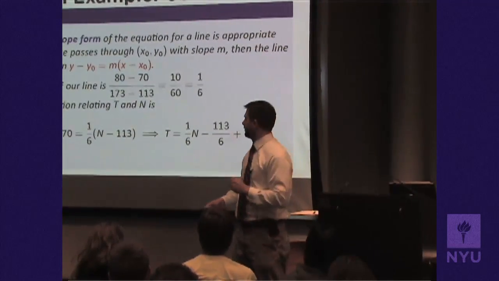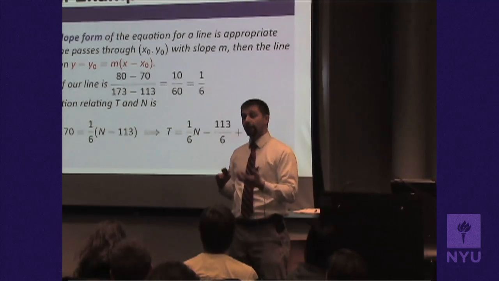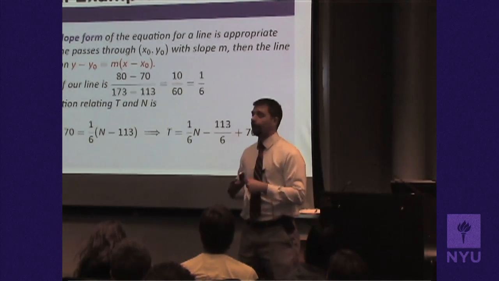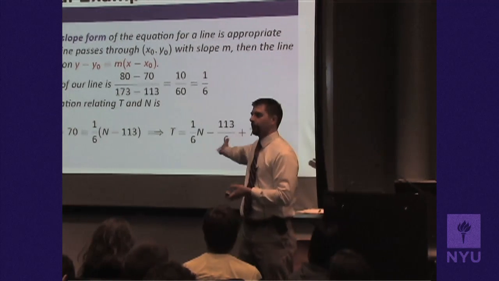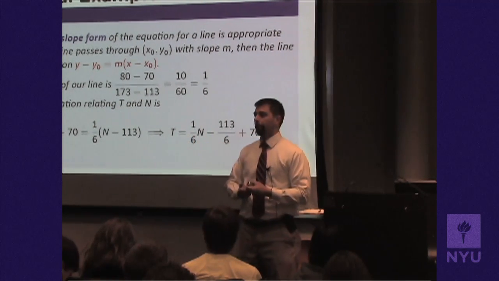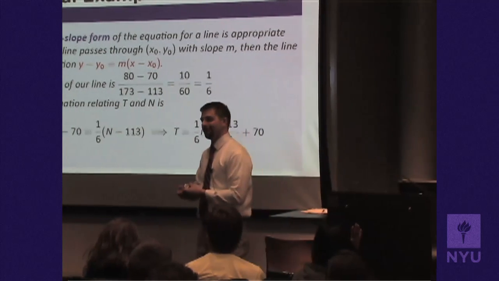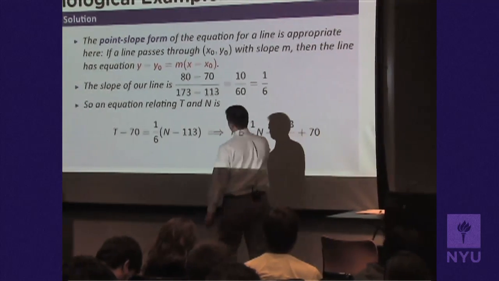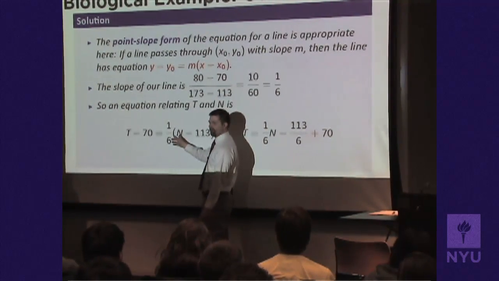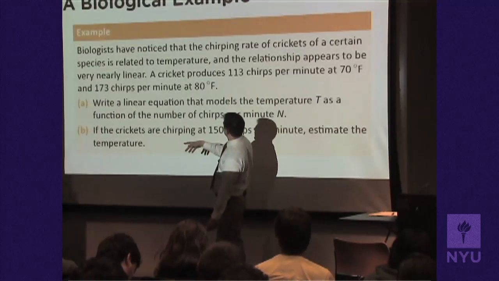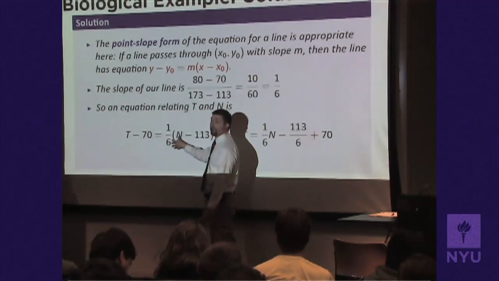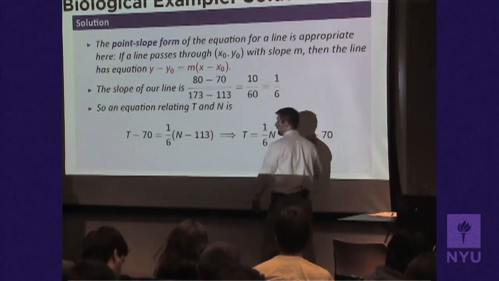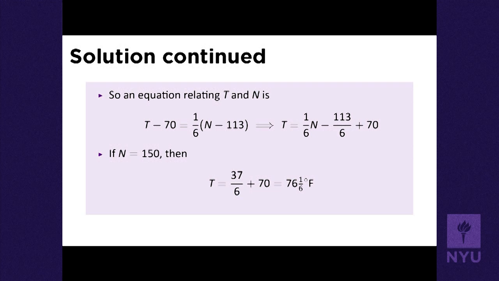So the second question is, what's the predicted temperature if the chirp rate were 180? And how would I find that given where I am right now? That's right. We just want to evaluate this function when n is, was it 150 or 180? I can't remember. 150, yeah. So plug in n equals 150, and then you should get a number on the right-hand side. What you get is 37/6 plus 70, which if you wrote as a mixed number is 76 and 1/6 degrees